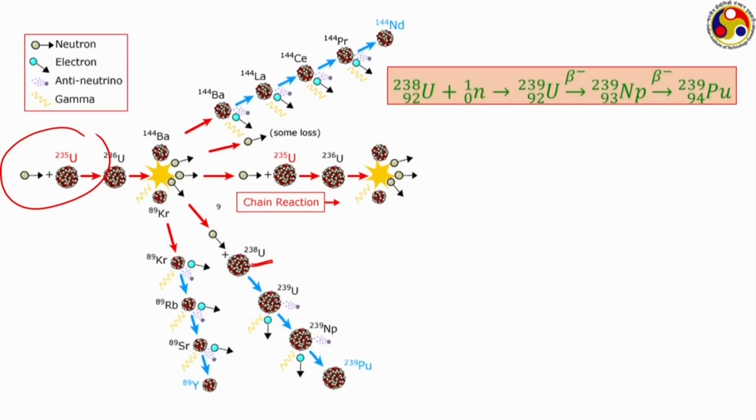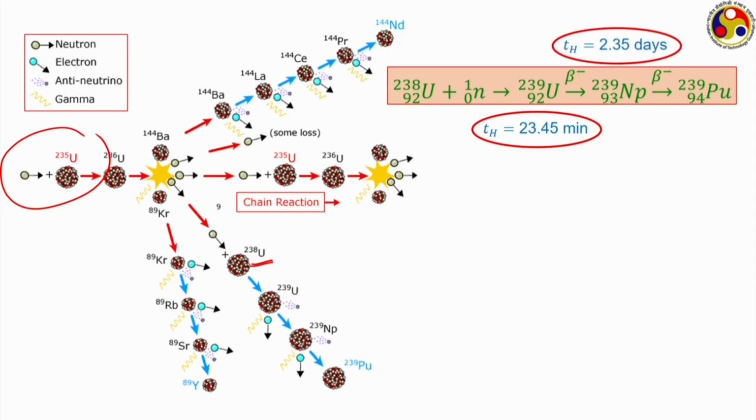This is the corresponding reaction. Uranium 238 captures a neutron to form uranium 239, which goes through two steps of beta decay to get reduced to plutonium 239. Uranium 239 has extremely small half life, just about 23 minutes, and even neptunium 239 is slightly longer, but still it is just 2.35 days, and therefore, within 2.35 days the uranium 238, from the point of capturing the neutron, will lead to the formation of plutonium 239. This one is a fertile isotope, this one is a fissile isotope, and one fertile isotope gets converted to a fissile isotope, thereby